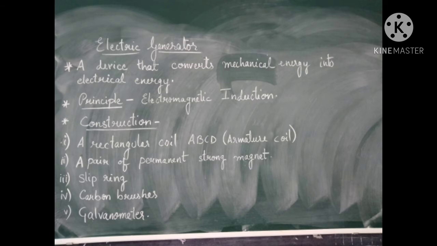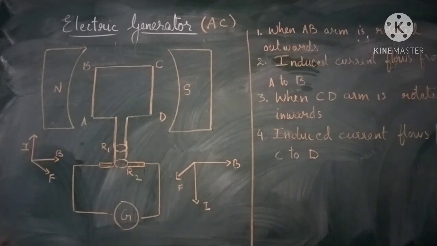Let us see the working now. Children, in this diagram, you can see that there is no power supply connected over here. The galvanometer is the symbol that the battery supply, the power supply, has not been provided. We are going to generate the current, and this is an AC generator. Since there is no power supply, the armature is not going to rotate by itself. We have to do it manually. That means the mechanical energy is going to be converted into electrical energy.